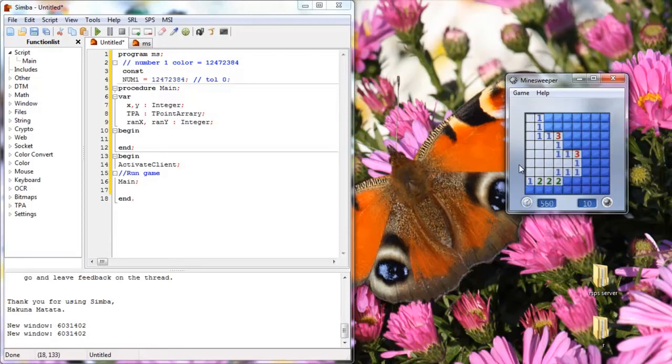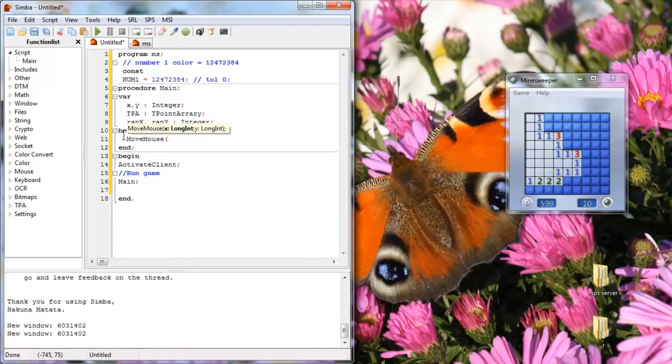Now, in order to do that, I'll use the move mouse function. Okay, now we'll see it takes an X and a Y. Basically what we want is an X and a Y in a random position in between